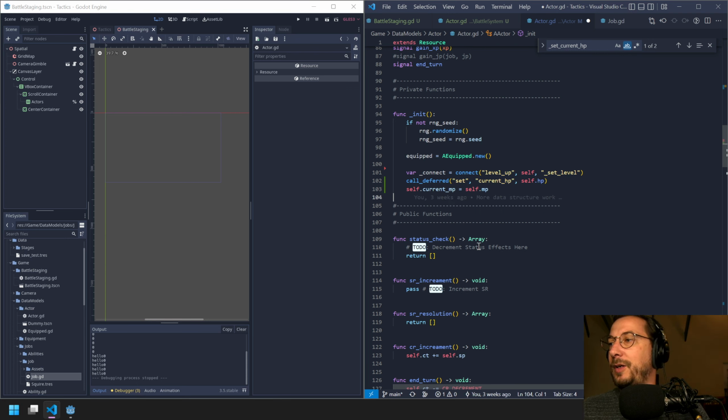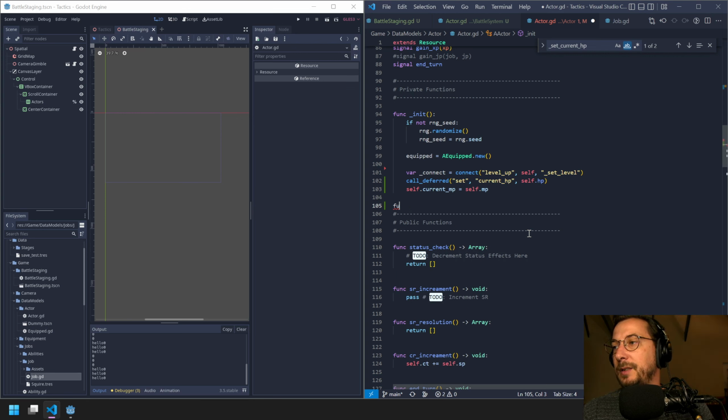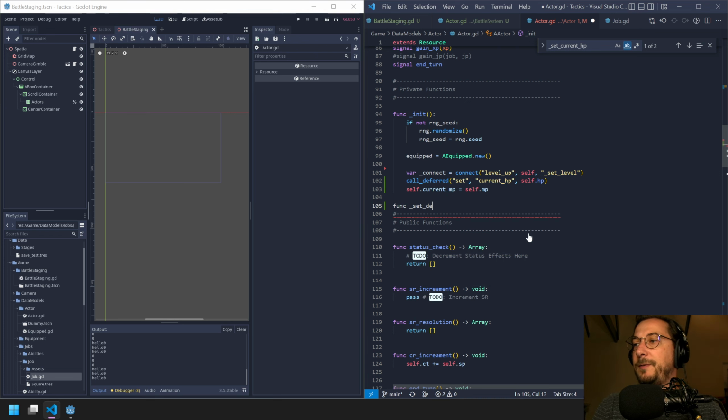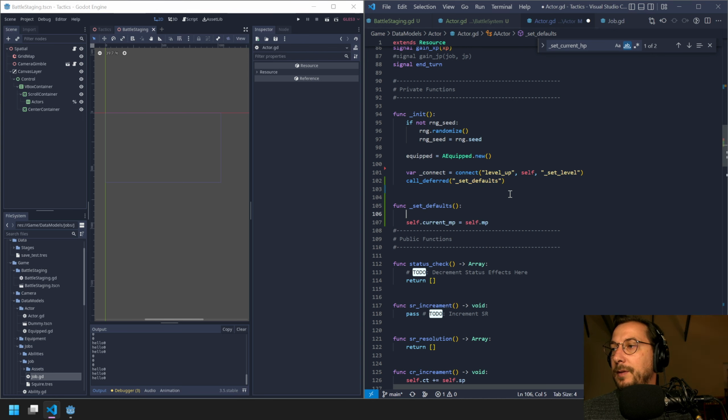Table setting. So it'll be something like func set defaults. And that's what'll get called. So call deferred set defaults. Then this will happen. And this will happen. It'll say self current